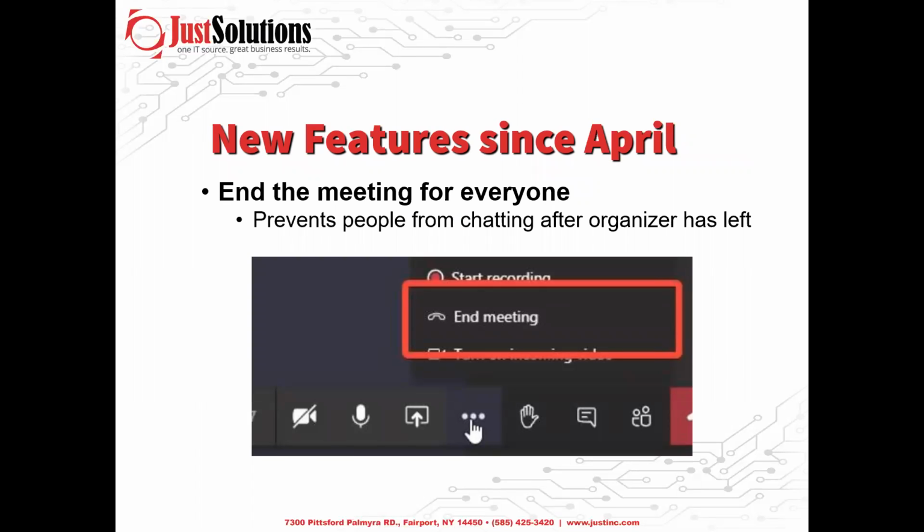A new feature, this one came in around April. Remember, we're getting updates every week or every couple weeks on the actual app. So this is interesting, but you can end the meeting for everyone and basically kick them all out. Why is that important? If you're a school teacher, you don't want the kids hanging on after you've left. Turns into a free-for-all, things of that sort. You don't want any sidebar conversations, whatever. You're recording the meeting, some of those things. So you now have the end meeting option for the